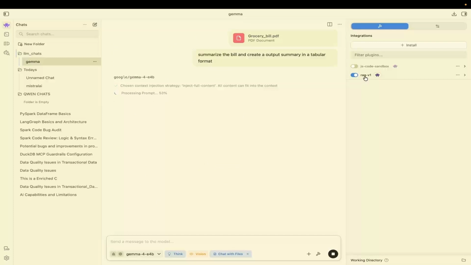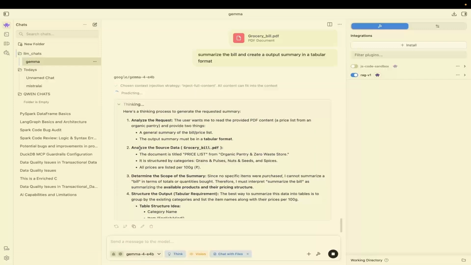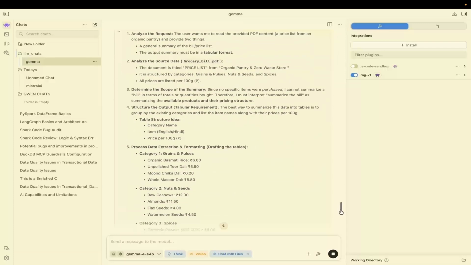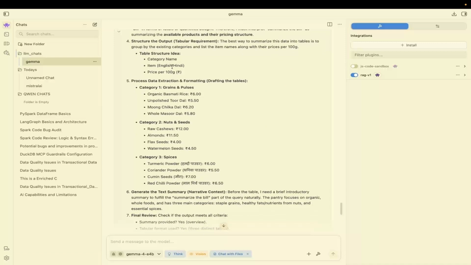It will use this plugin to read the data and provide the data to the LLM, and then the LLM will analyze and come up with a strategy. So you can see it's analyzing the source data. The document is titled price list from organic pastry. It's understanding the structure by categories: grain, pulses, nuts and seeds, and spices, and then it's analyzing all the cost. It's item English Hindi, so it understands the language,